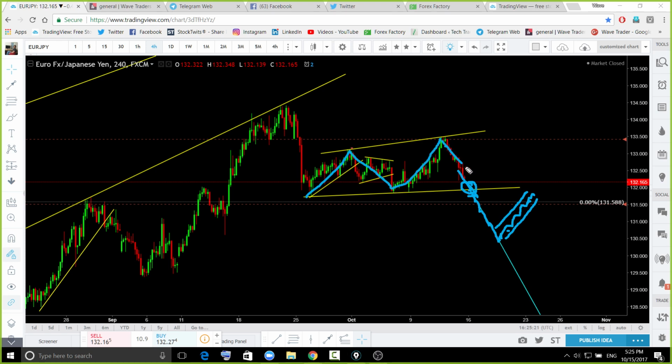Otherwise, what can happen to you? You can get trapped over there. If you sell the breakout at this area, you can get trapped. It can form a couple of candles and get back to the top again. This formation. So let the breakout come, let the market form the next impulse, and